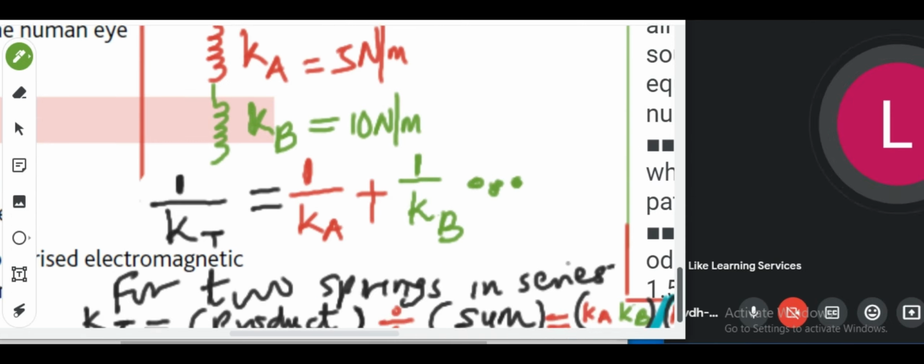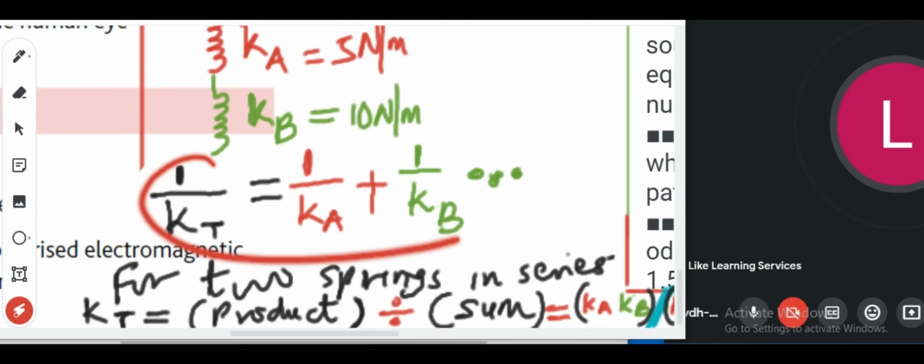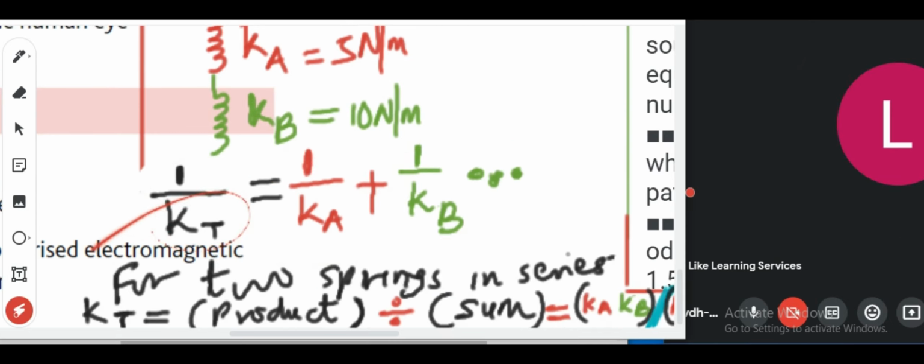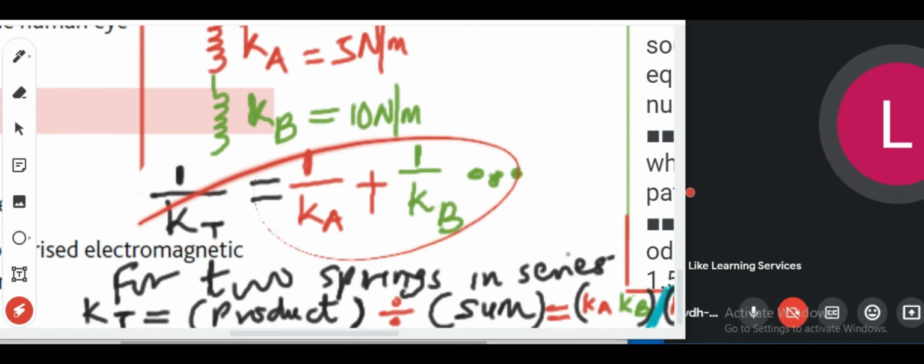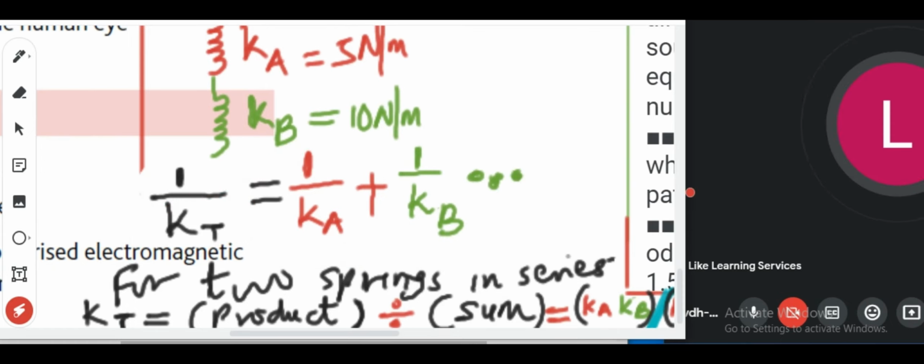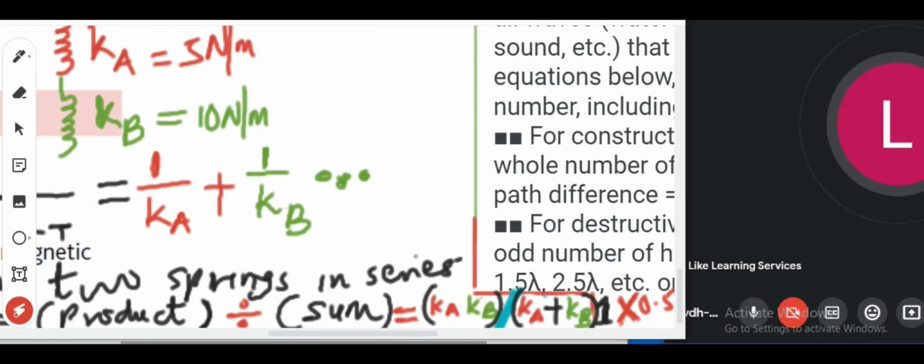By the time you calculate the total spring constant, which is Kt, whether you want to use this formula or you want to use this formula, product over sum, which is Ka times Kb divided by Ka plus Kb, you will discover that the total spring constant